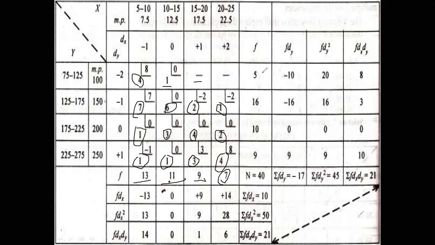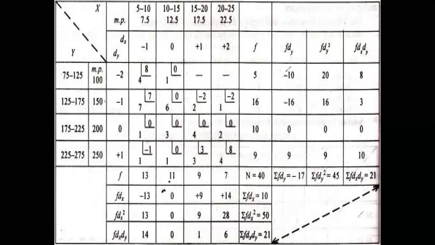Do the summation here vertically as well as horizontally. We will get the same total always. If there is a difference, it means something went wrong. So the total is n equal 40. Where in the formula we have the coefficient n, there we will put the value 40. I hope I am clear enough so far.